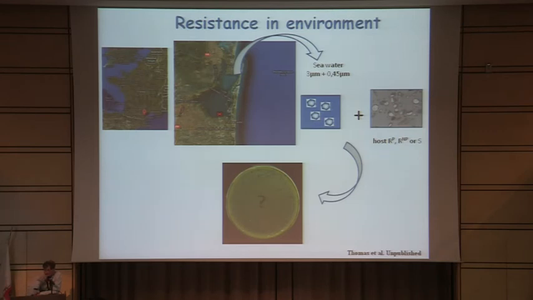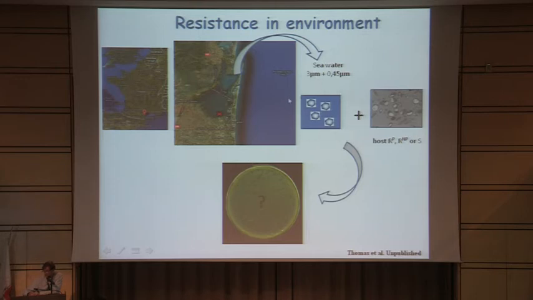Then the second question was, what about this resistance and this phenomenon in the environment? To do that, we went back to the sea. We went back to a coastal lagoon, which is a salty water lagoon in the Mediterranean. It is linked by a channel to the open sea. In this lagoon, we know that there is a high concentration of viruses, and it is close to the lab, so that's very convenient to work. So we took seawater and we tested the viruses.